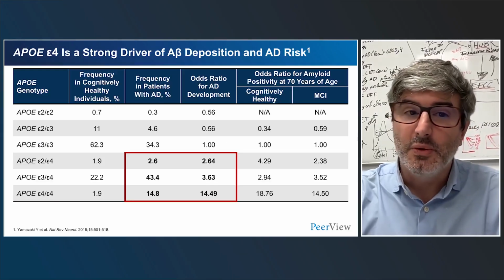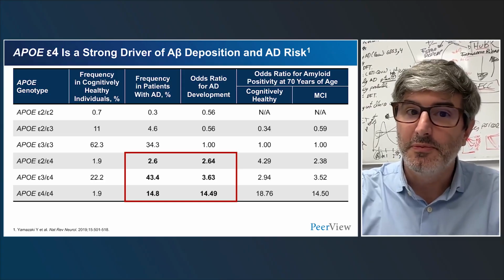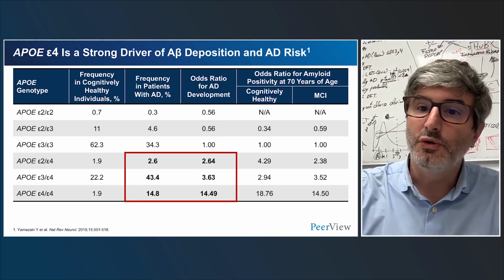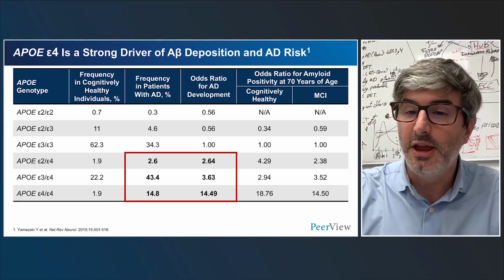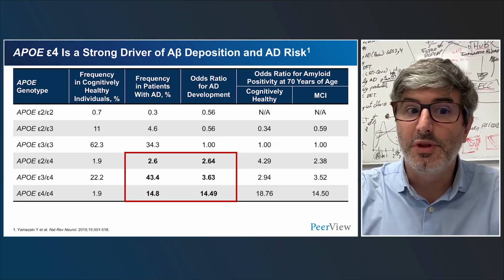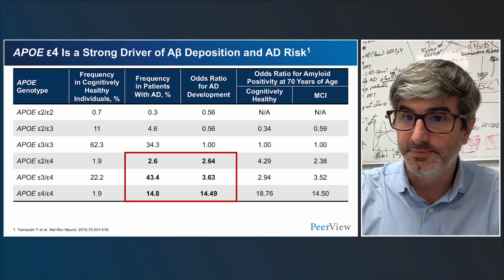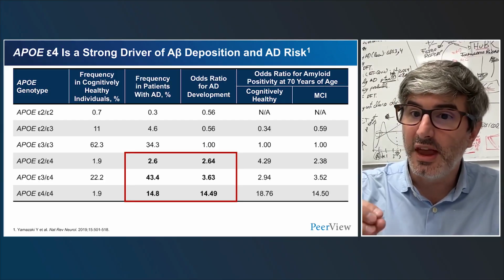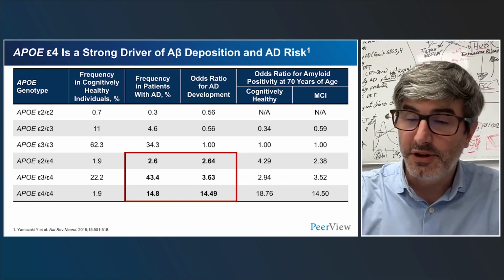In this table, we can really see with numbers that APOE4 is a strong driver both for A-beta deposition and Alzheimer's disease risk. If we focus first on the first column, we can see the frequency of the different APOE isoforms. You can see that APOE3 homozygotes, the third row, are the most frequent in the general population. And in the second column, we can see that when we focus in patients with AD dementia, APOE4 is greatly enriched. And over 60% of patients with AD dementia